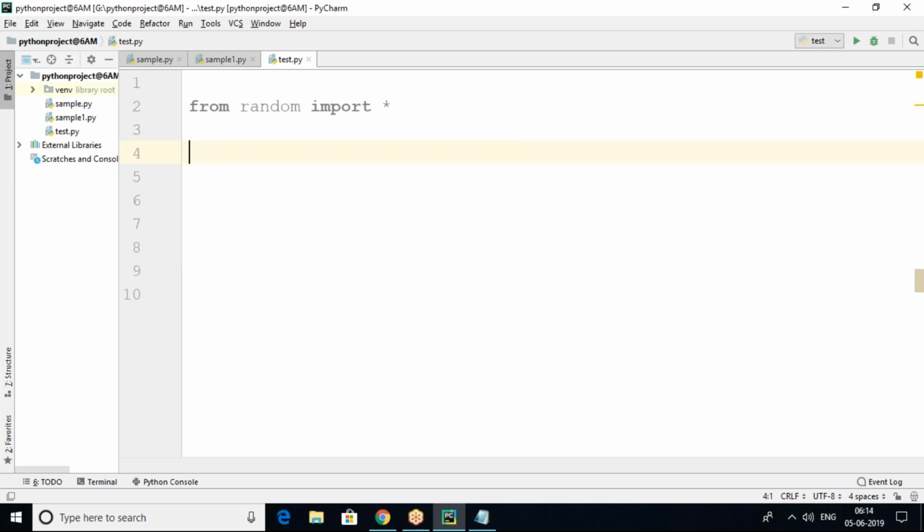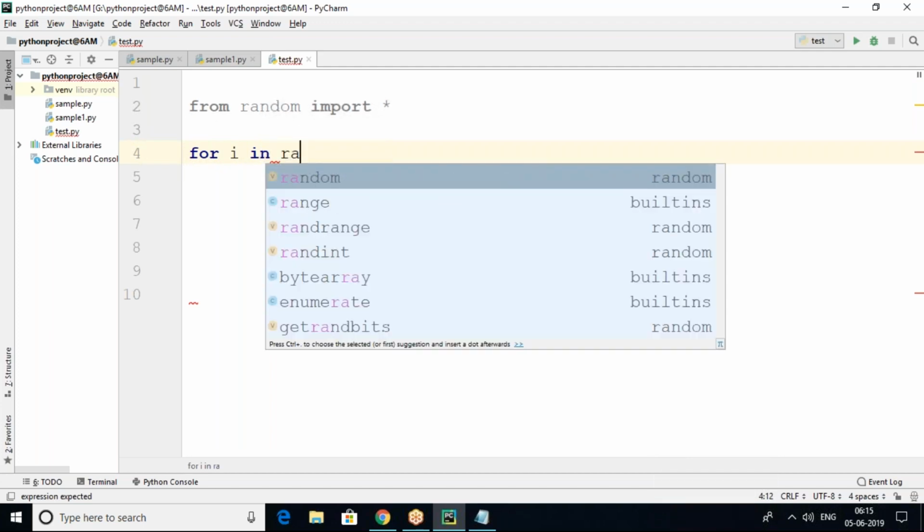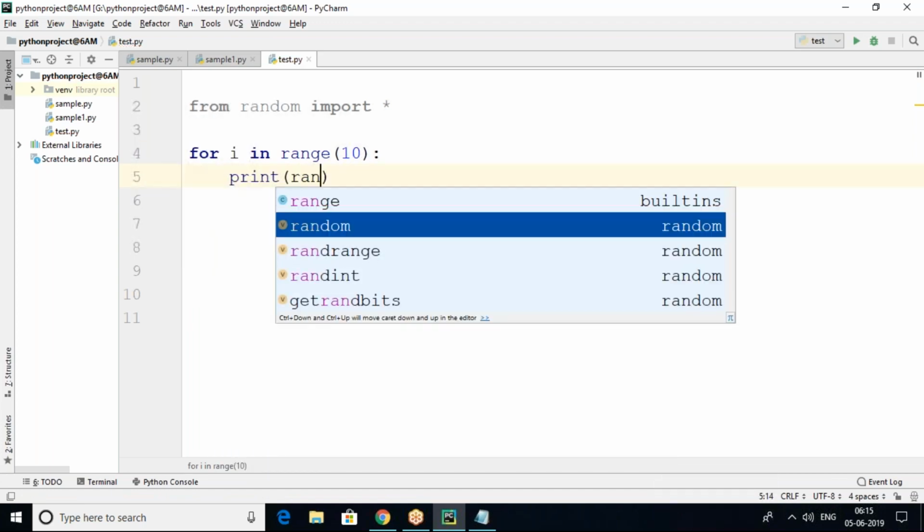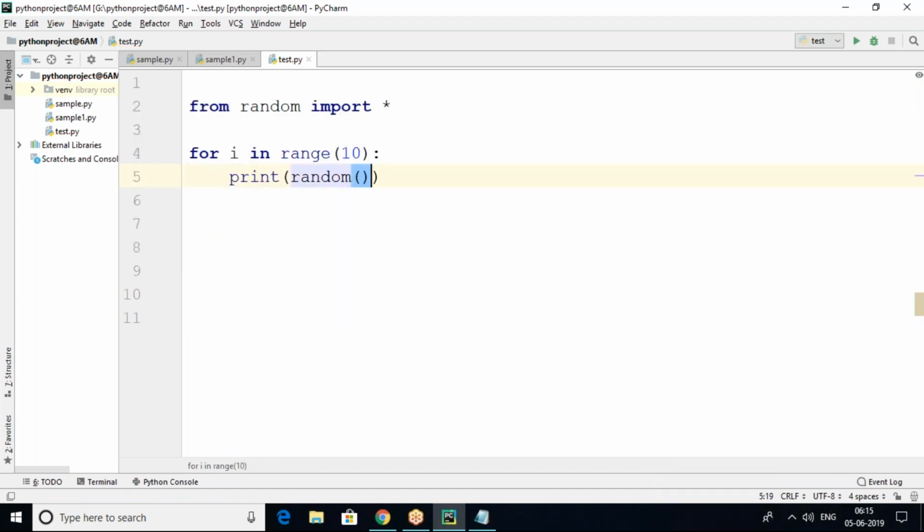How many random numbers you want to generate, you can decide, like for i in range of 10. Now you can see, 10 random numbers I want to generate. Print random. This is the random function. So let's run this.